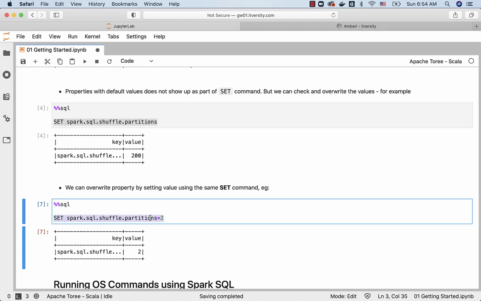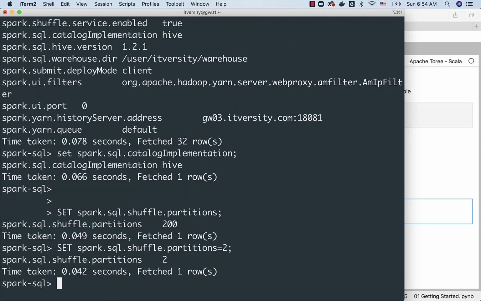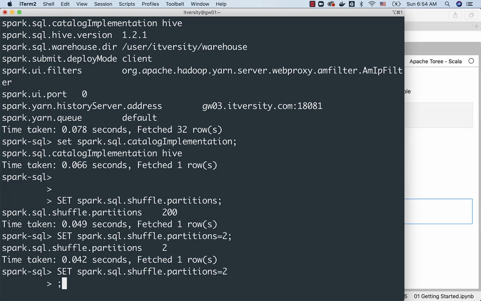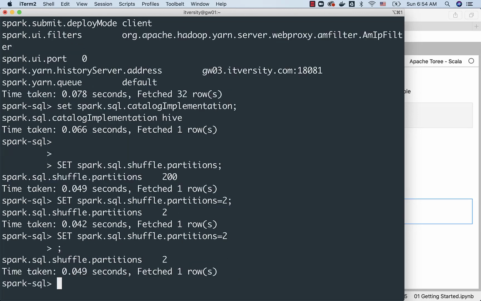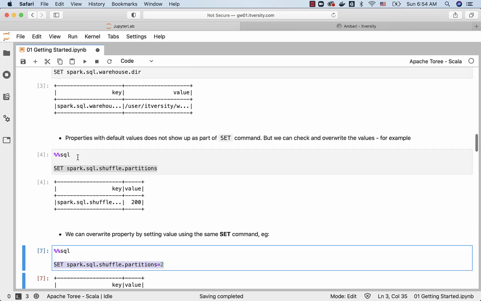However, if I want to run it using terminal with spark2-sql CLI, I just have to use semicolon at the end, and I should be able to run. If I don't have semicolon, it will just go to the next line. You just enter semicolon and hit enter. It will run, and it will set the property to 2. This is how you can access the runtime properties using set command, and also I have demonstrated how to leverage Jupyter Hub to use SQL magic command to run any Spark SQL commands without struggling too much with the black screens such as spark2-sql CLI.